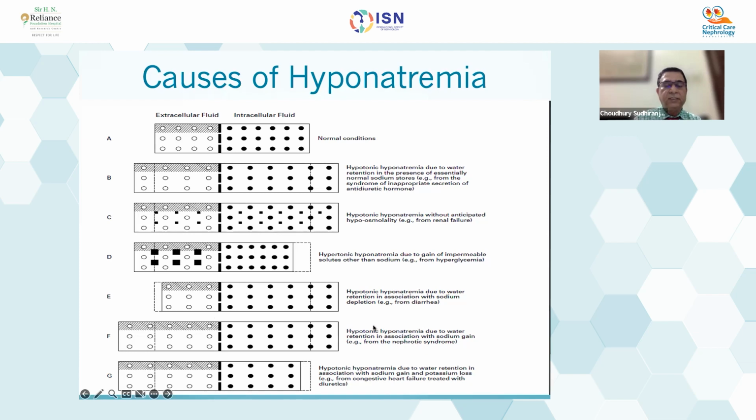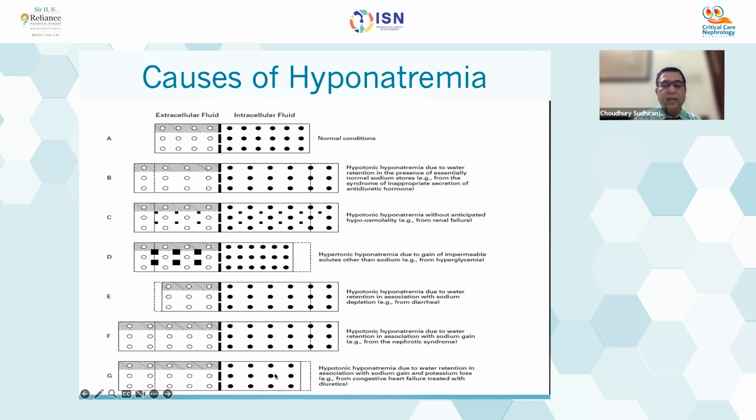Similarly, in nephrotic syndrome you will see that salt and water, especially sodium salt, will be gained, and along with that the water will be absorbed. That is seen in nephrotic syndrome. And the last part is heart failure with diuretics, where you will see that potassium loss will be there,